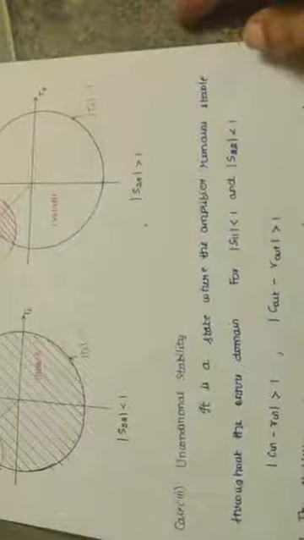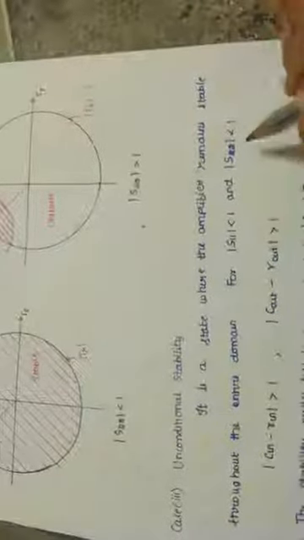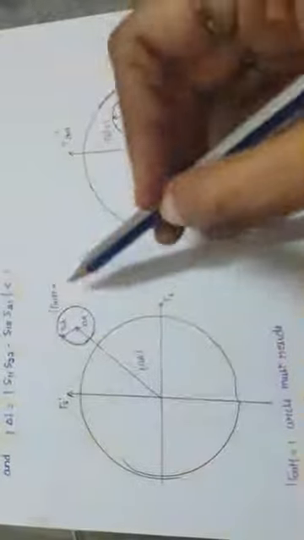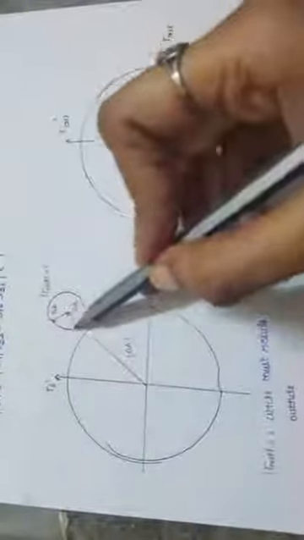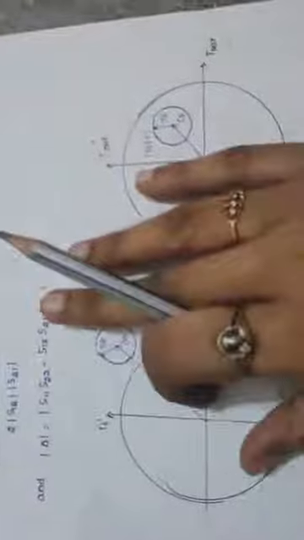The last condition is unconditional stability. We saw that unconditional stability means both the input and output reflection magnitudes will be less than 1 for all values of frequencies. So when you draw the diagram, we will have a condition where either the source circle totally resides inside the output stability circle, or it totally remains outside your stability circle. We will understand this better when we plot it on a Smith chart.